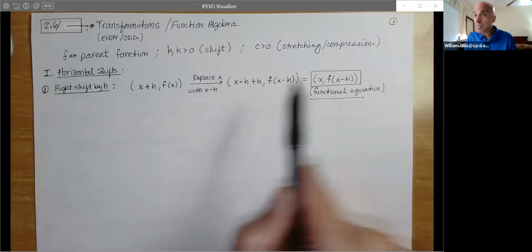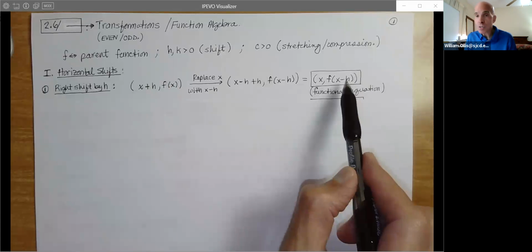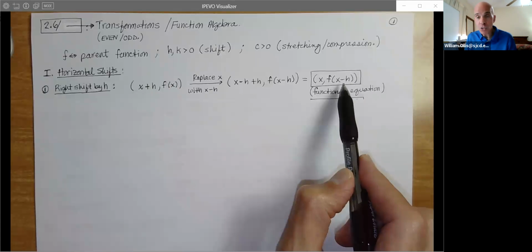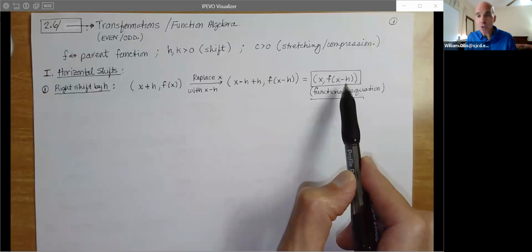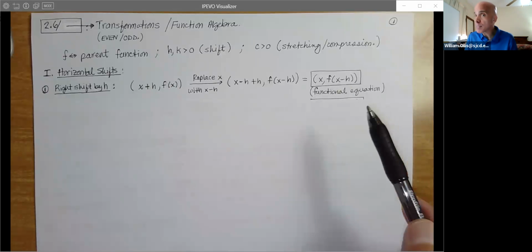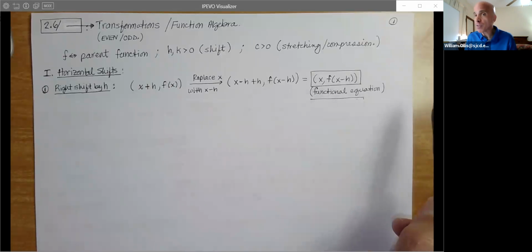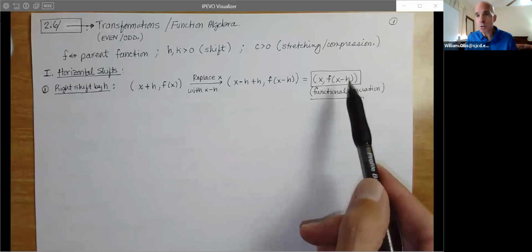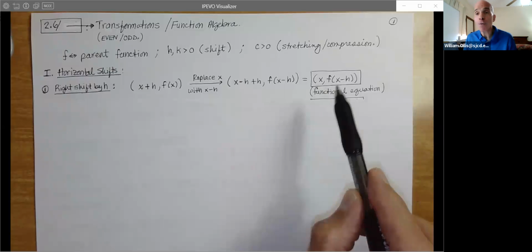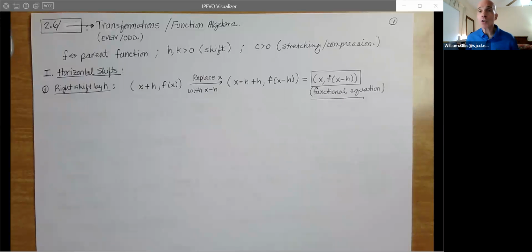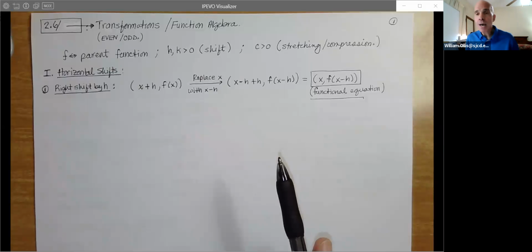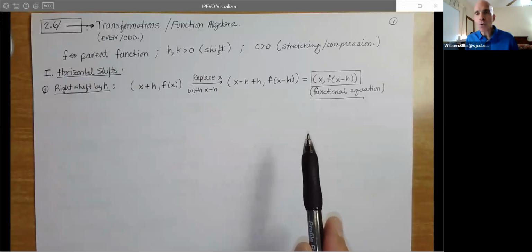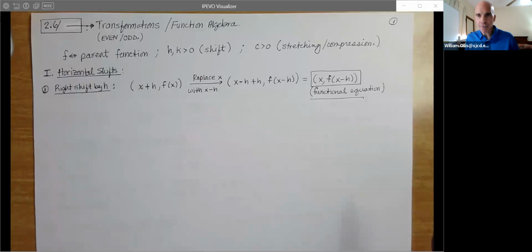So both of these are important, but this in terms of the functional equation is extremely important because again, say you're in a physics class and you need to shift everything a certain number of units to the right. You can do it this way. Again, these are universal equations. You use these in physics, any math course, use these in economics. You probably used these before and didn't even know you were using them, okay? Now, the next one,